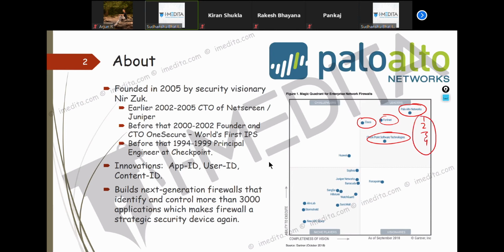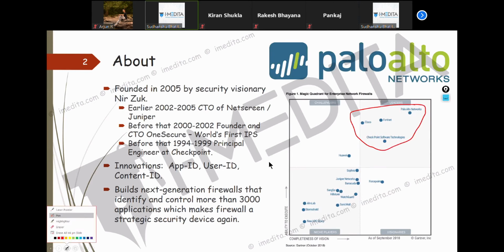That means these four vendors are what is being deployed in companies right now, and if you know all four of them, there is no way you can be without a job. We deliver training on all these four.